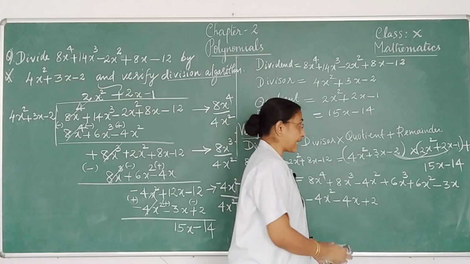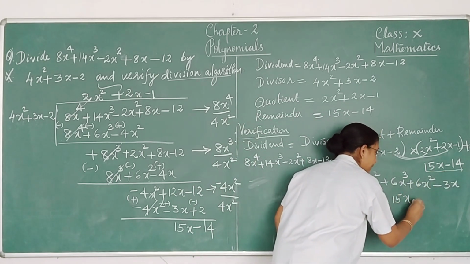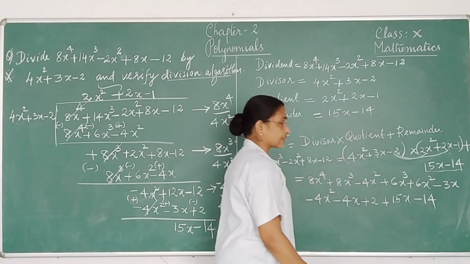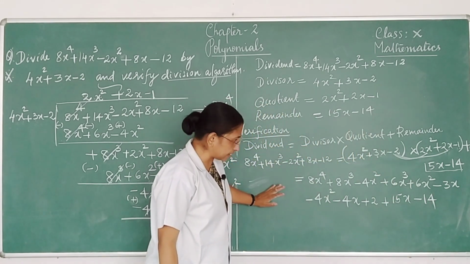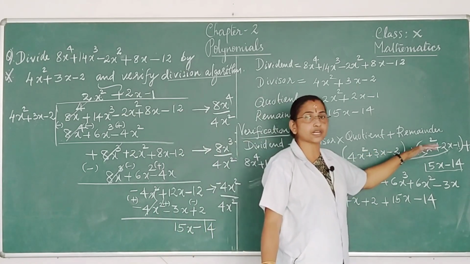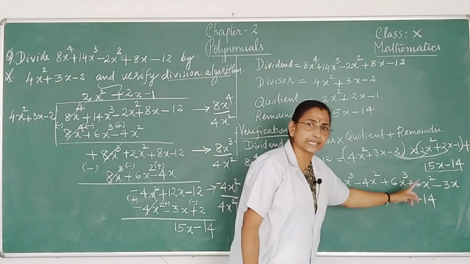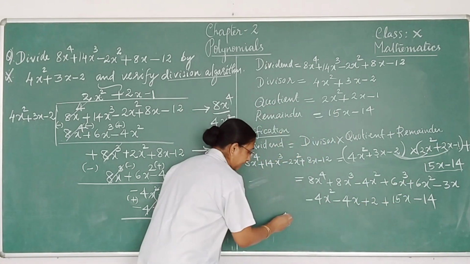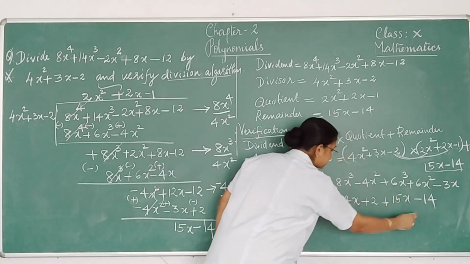But don't forget to write the last remainder plus 15x minus 14. That's what I did here: keeping the dividend on the left side, multiplying divisor into quotient and then adding with the remainder. Now we know how to add the like terms. We can collect the like terms, starting with x raised to 4 terms other than this